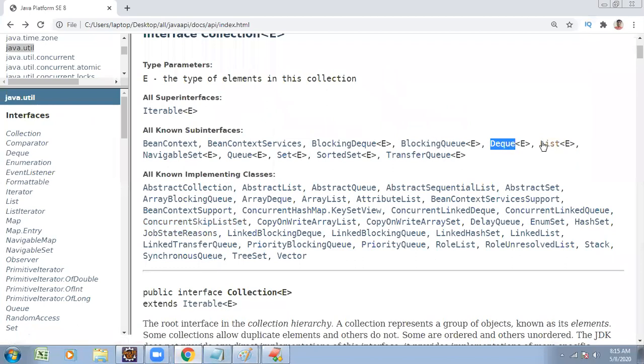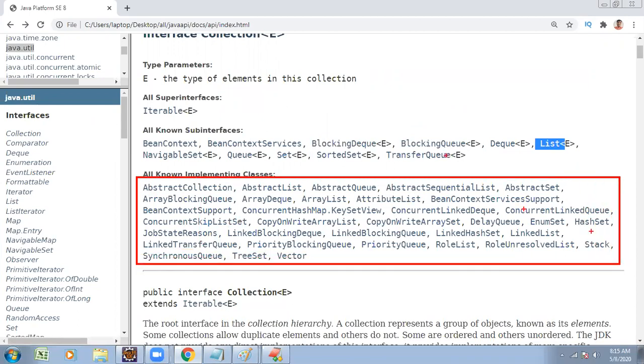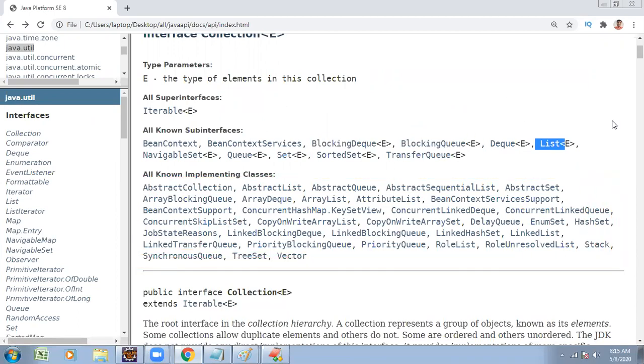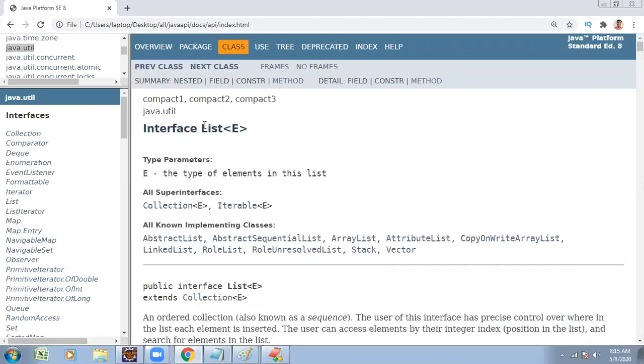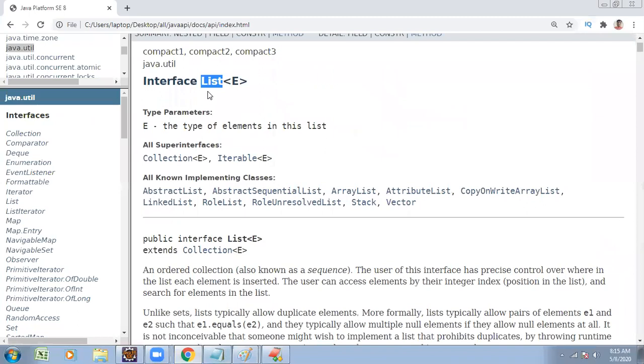List interface implementation classes. You find n number of implementation classes, but we wanted to concentrate on some of the important ones. List interface, so Collection is the super interface.